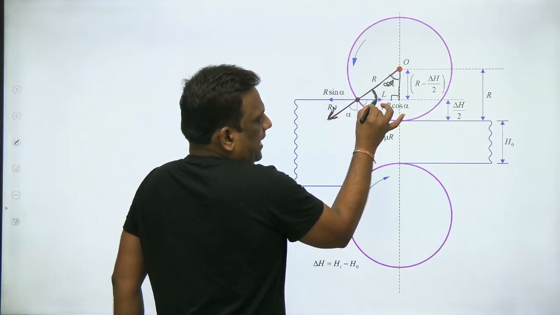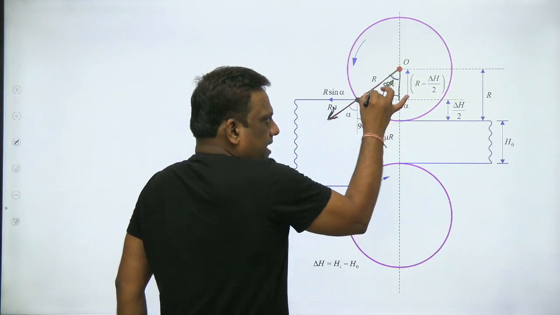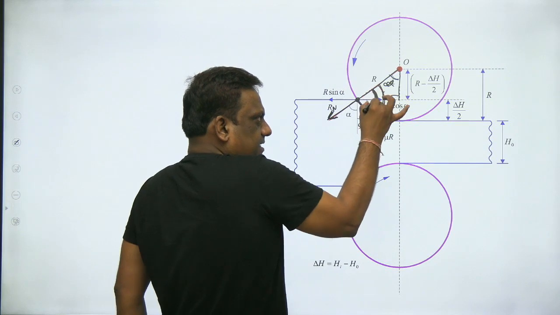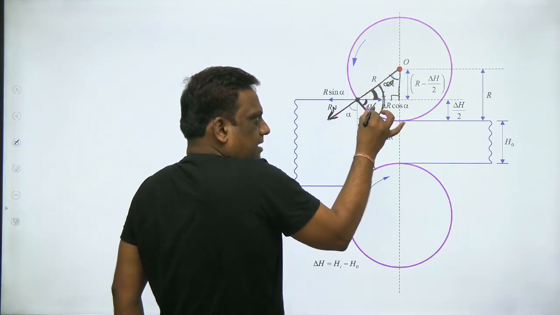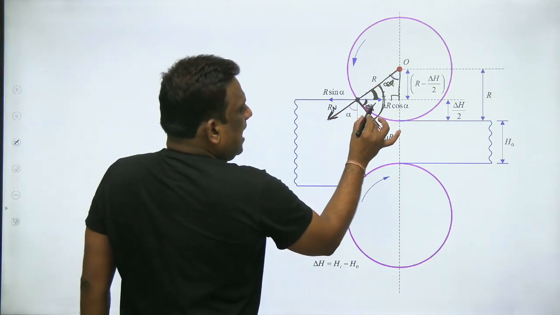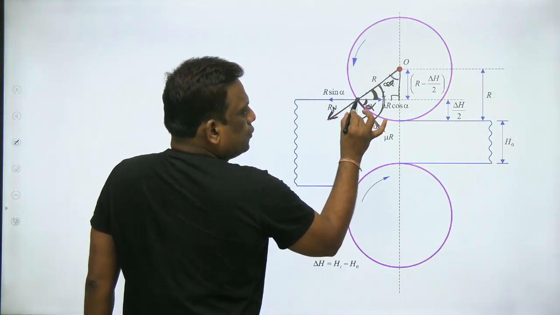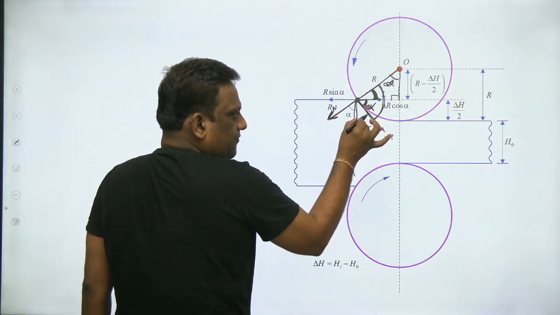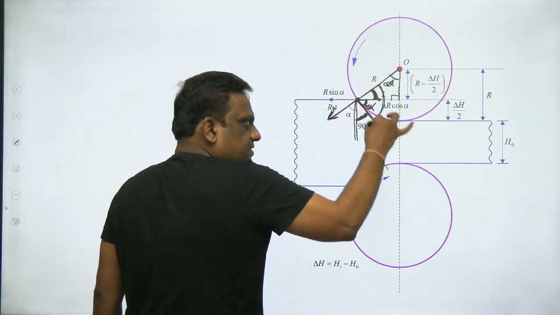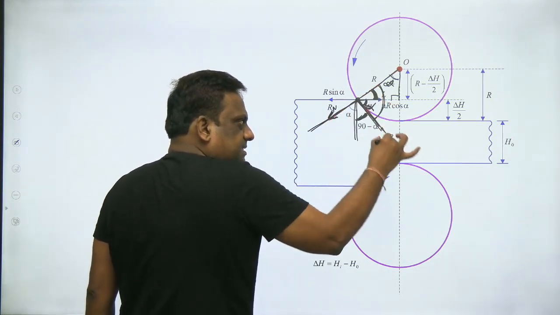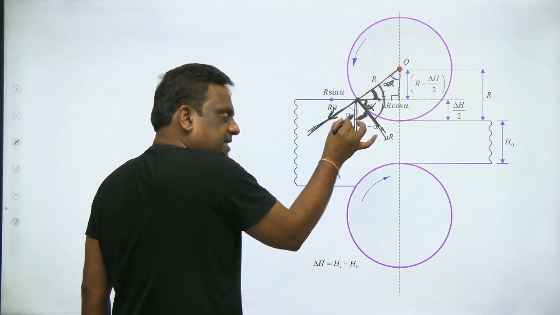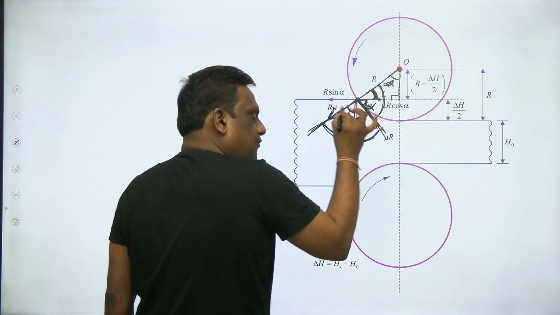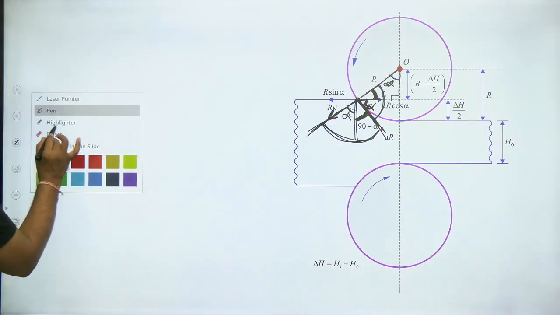If this is 90 minus alpha, then its perpendicular, this is perpendicular. If this is 90 minus alpha and this too, this whole is 90, this whole is 90, this is 90 minus alpha, so this will be alpha, this will be alpha. Excellent. If this is alpha, and this is horizontal, this is vertical, the total is 90. If this is alpha, this will be 90 minus alpha, and this and this are perpendicular, and this and this are perpendicular. If this is 90 minus alpha, total is 90, so this has to be alpha only. Simple plain mathematics.